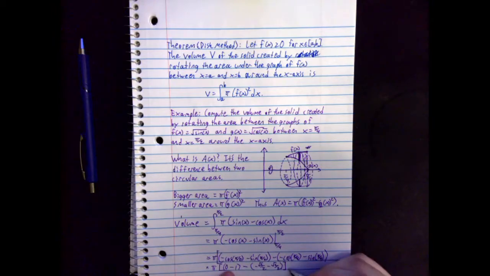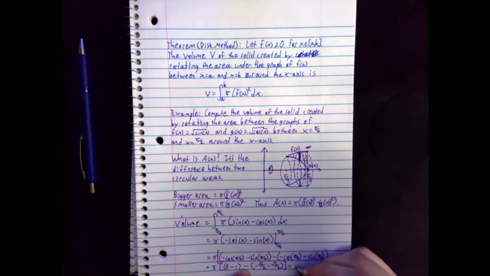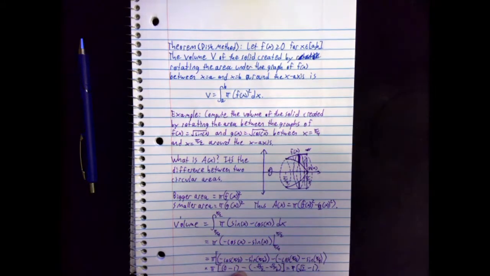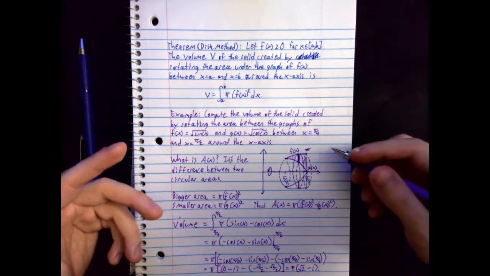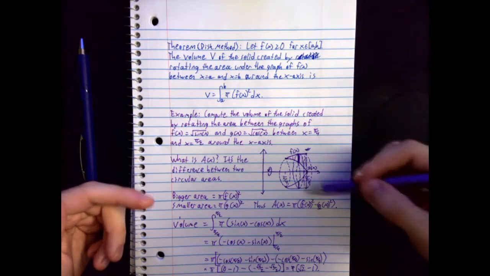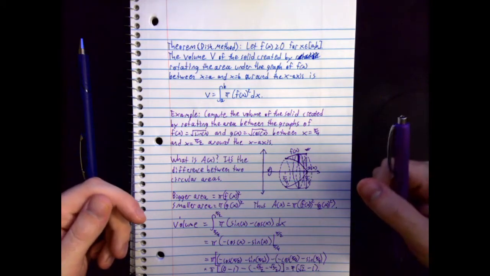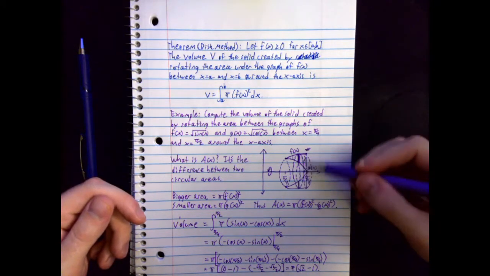So what do we actually have here? This is 2 times the square root of 2 over 2. And then I have a negative here multiplying each of these negatives, so I end up with pi times the square root of 2 minus 1. Okay? And we've computed the volume of this very strange sort of object that we get by rotating this area